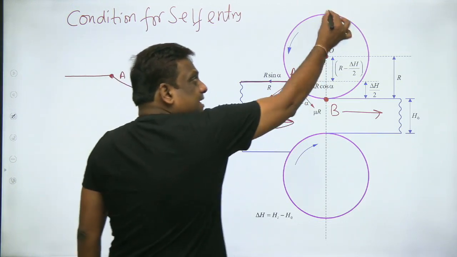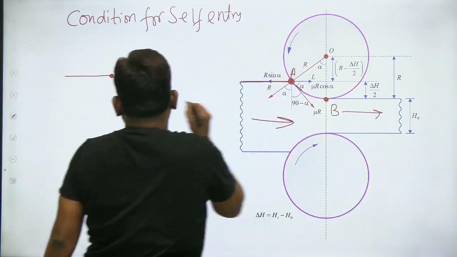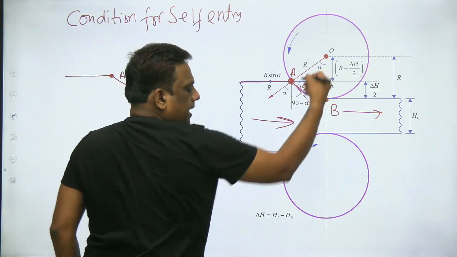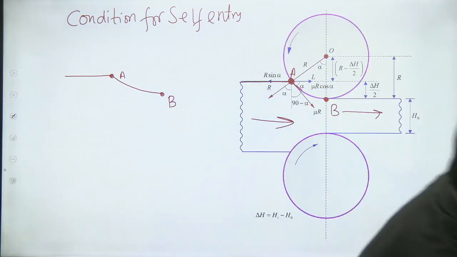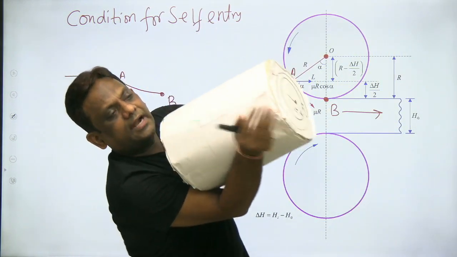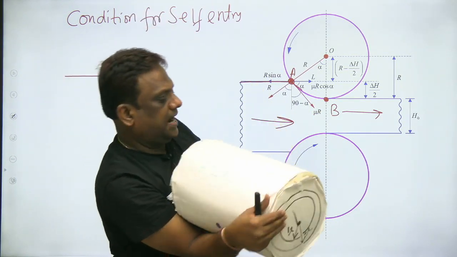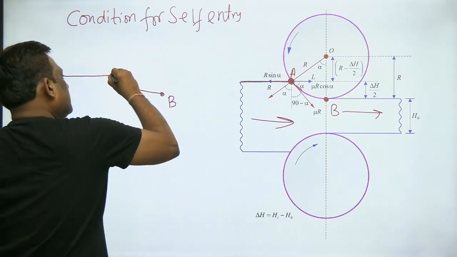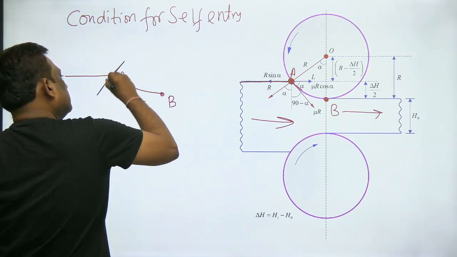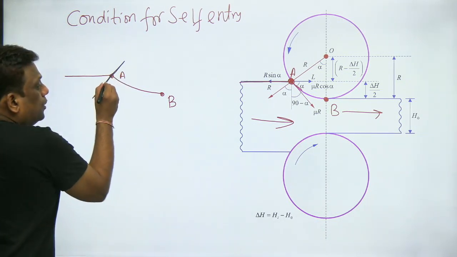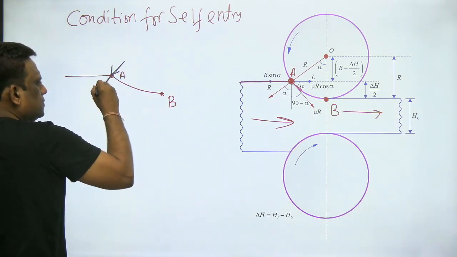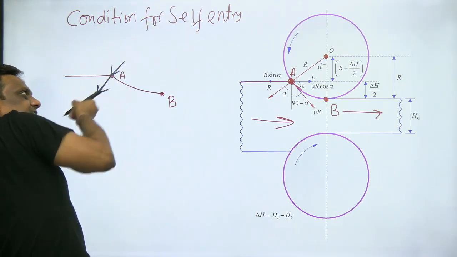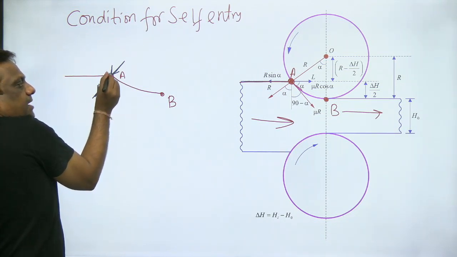तो ध्यान से सुनो. This roll will exert a normal force on this. तो अब देखिए, मैं दूसरा कलर यूज करूंगा. ये जो रोल है ना, अगर ये कॉन्टैक्ट है, इफ यू हैव ए कॉन्टैक्ट लाइक दिस, इट विल एक्सर्ट अ नॉर्मल फोर्स लाइक दिस एट द कॉन्टैक्ट. चलो, दिस इज द फोर्स. दिस इज द नॉर्मल रिएक्शन, मतलब ये जो रोल है विच इज एक्सर्टिंग ऑन द वर्क पीस, सो ऑन द वर्क पीस.